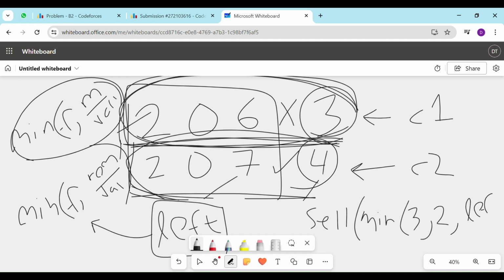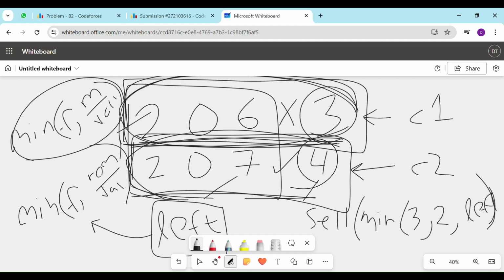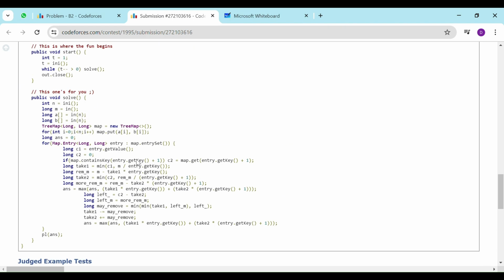Okay, so I have to calculate this value: the minimum of how much I have bought of 206, how much is left of 207, and how many coins are left. These many flowers I have to sell for 206 and buy for 207. After that, if I calculate my answer, that will always be my best answer. Okay, so this is how you